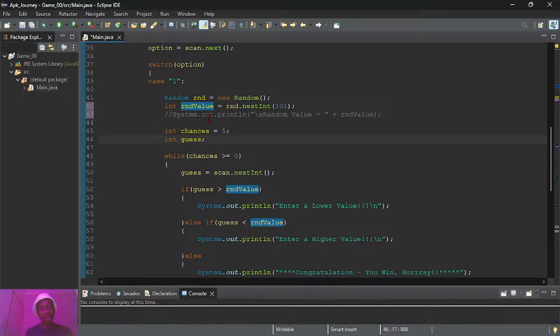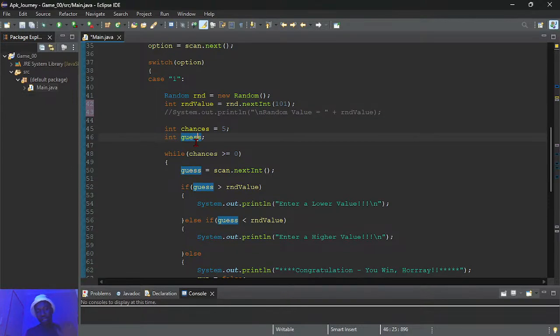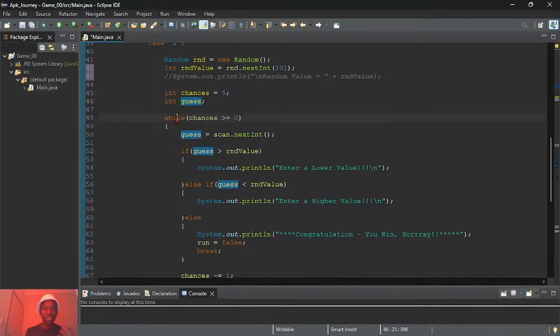After that, I'm declaring and assigning these two variables here: chances, which will be used in a while loop and will give the user 5 chances to guess the random value, and guess, which will be used to get the guess number that the user enters into the console. As you can see here, we're using a while loop.